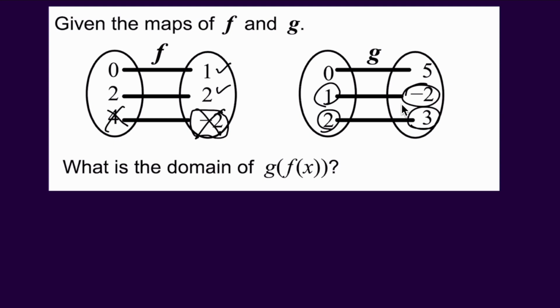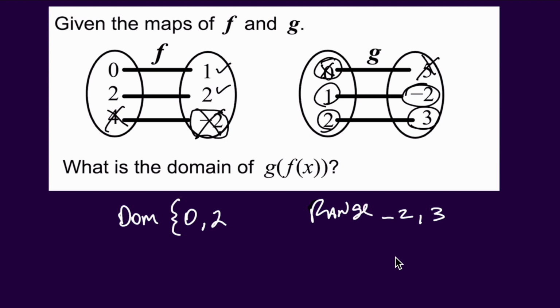Okay, so because this is not part of the input into g, we're going to exclude that input into the composite function. So our final domain is going to be what's left of the original domain of f, that's 0 and 2, and our range is going to be the output, negative 2 and 3. Why is this not included? Why are we going to cross this out? Because this input into g was never generated by f. So this is never going to be part of the composite function. So here is our final domain and range,